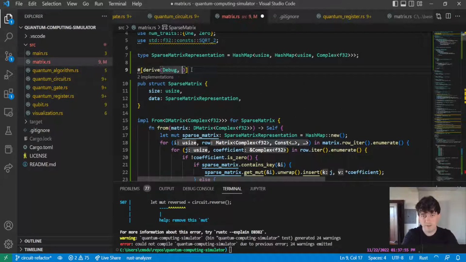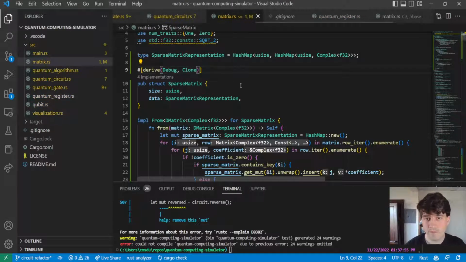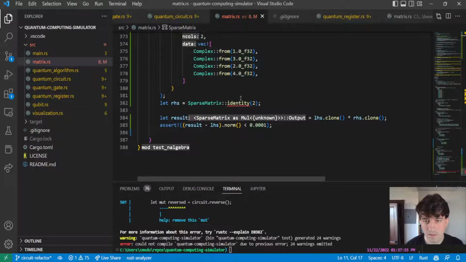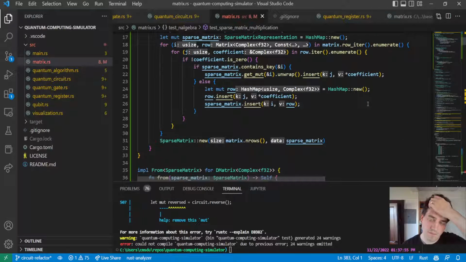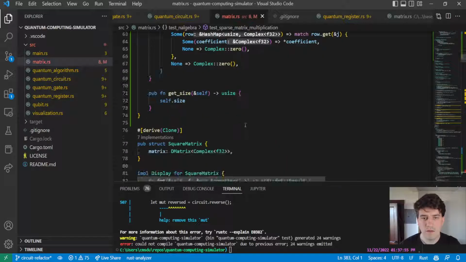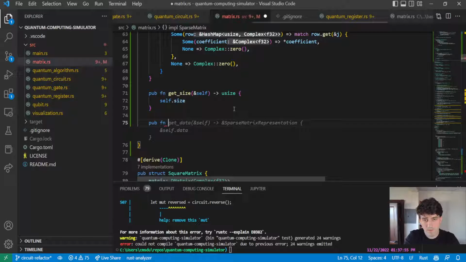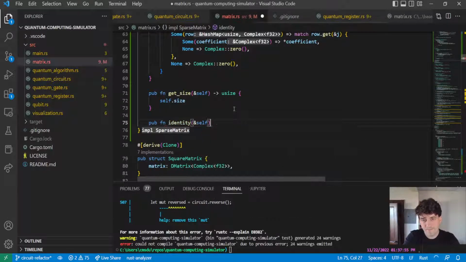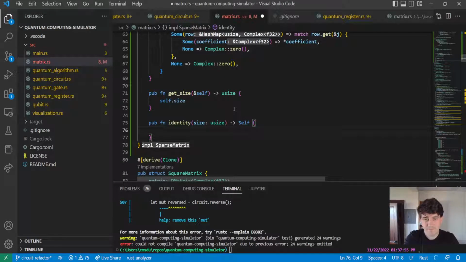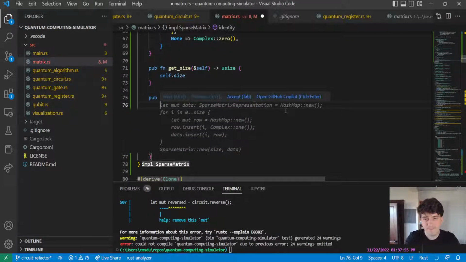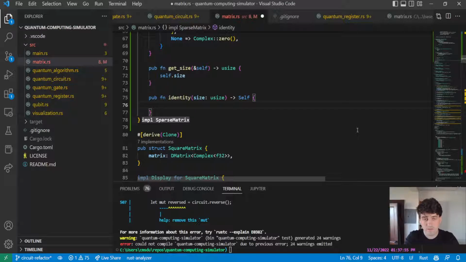And I'll make it debug also. And just a convenience function for identity, which takes nothing and returns itself. It takes a usize. I don't feel the need to